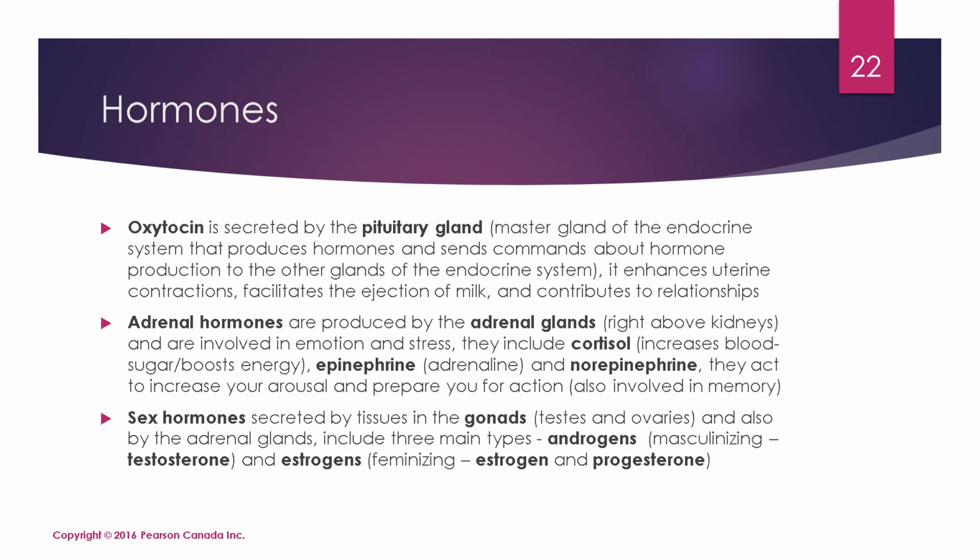Then we also have the sex hormones, which are secreted by tissues in the gonads. Gonads are essentially our organs that produce reproductive cells, so our sperm cells and ova, and that would be the testes and the ovaries, and also by the adrenal glands as well, and they include 3 main types. We have our androgens, which are our masculinizing hormones, so things like testosterone, and we have our estrogens, which are our feminizing hormones,